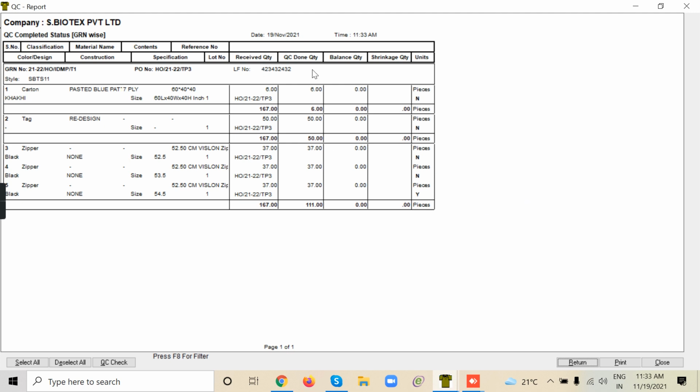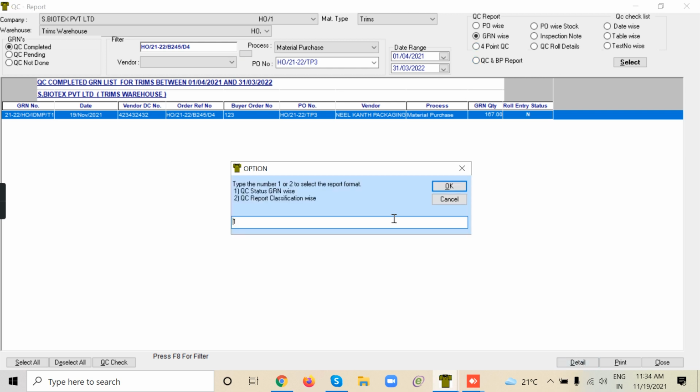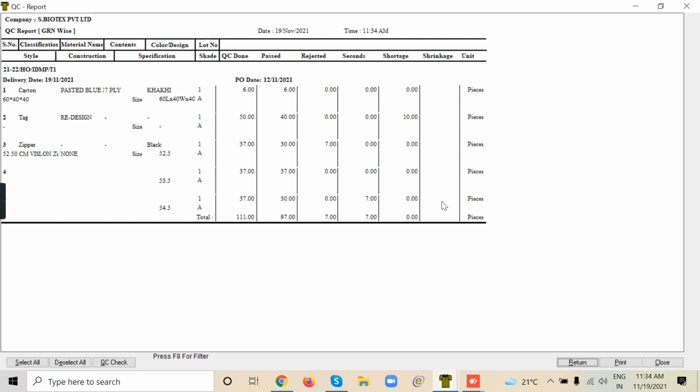How much received, how much QC done, what is still pending, the details you can see. So this report option, other report shows past seconds, the register.